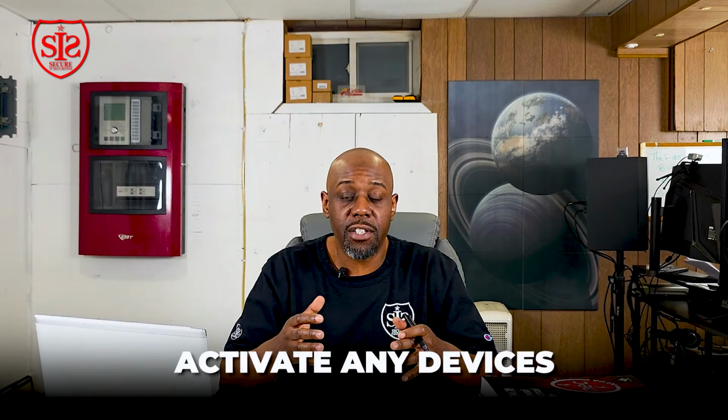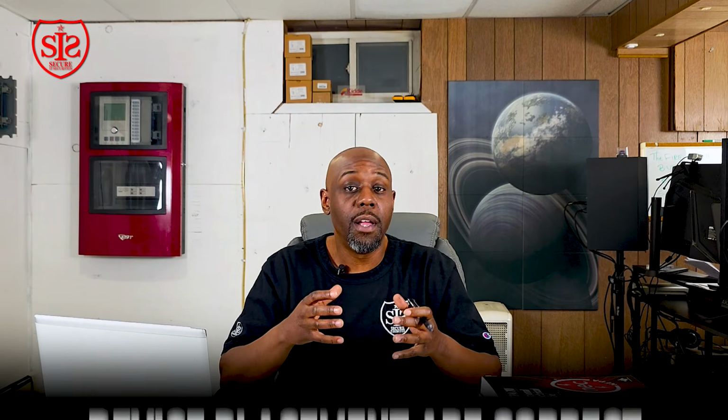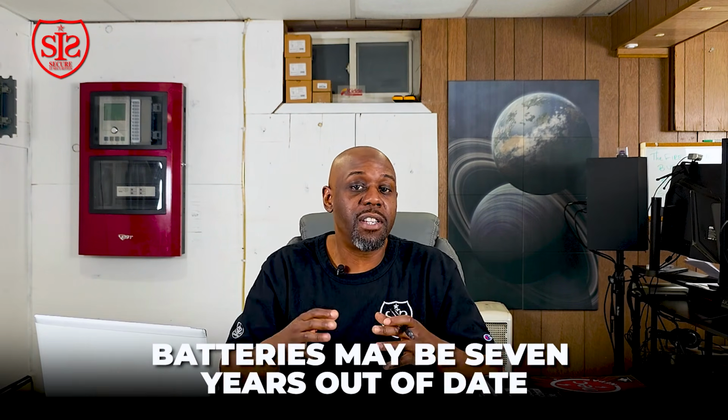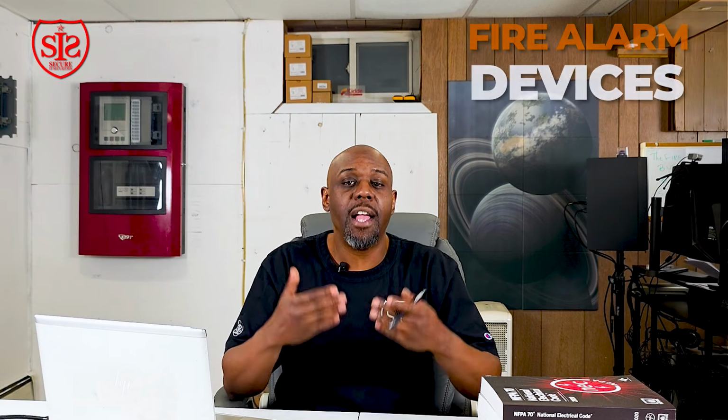During an inspection, you're not looking to activate any devices. You're taking a visual look to see if the device placements are correct, if you have any dust or dirt inside the smokes, if anything looks out of order, a horn strobe may be broken, batteries may be 7 years out of date. Whatever your visual inspection is, that's what you need to look at to determine what is wrong with the fire alarm system. And during the test, you're activating these fire alarm devices for functionality,